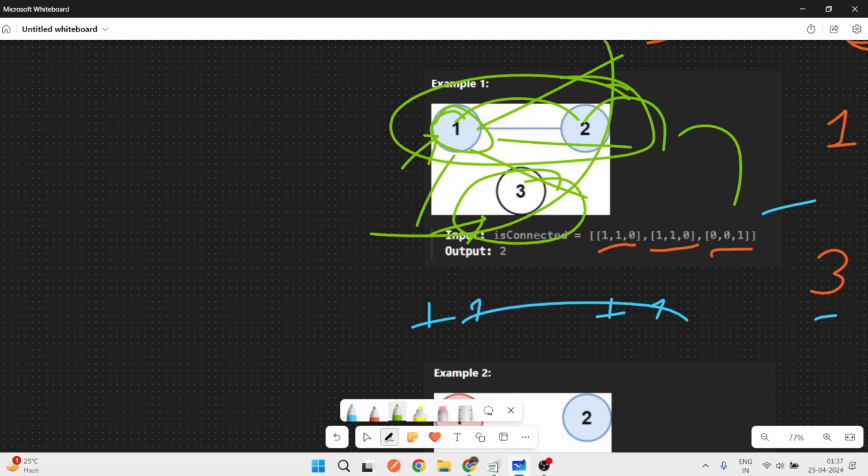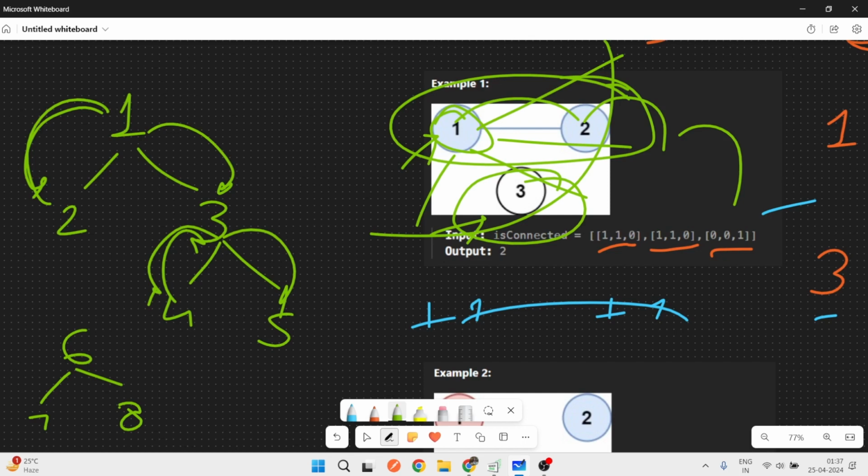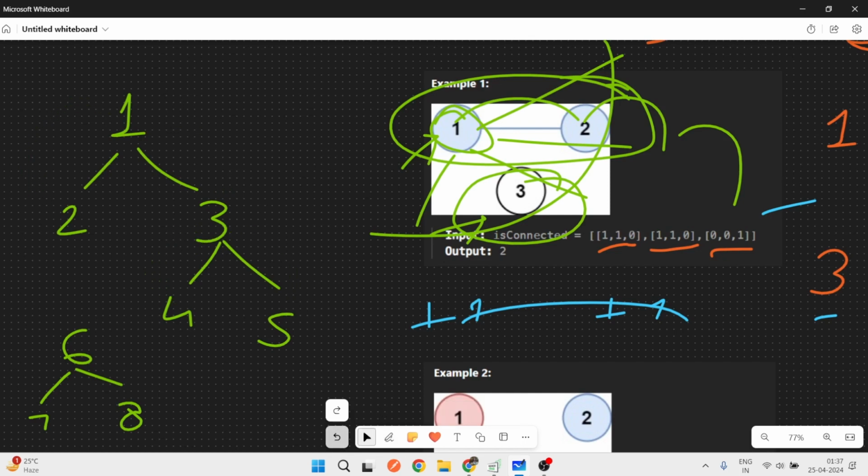Like we have nodes 1, 2, 3, 4, 5, 6, 7, 8. In DFS, the call is made from this node, then it returns a value, then the call is made from here, the flow goes here, it returns a value, then the flow goes here. So this is our DFS call. We go to the depth, then we solve the problem.